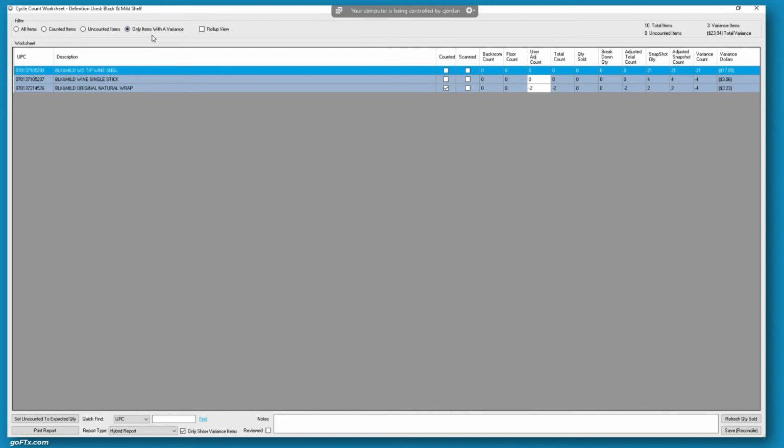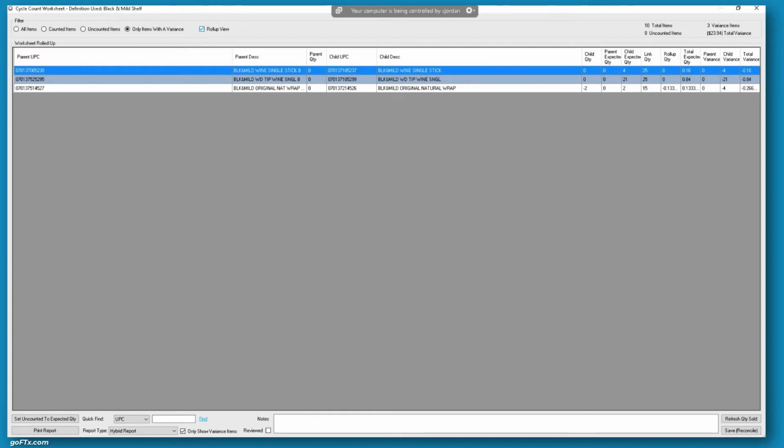And last, we have a checkbox that turns on roll-up view for our worksheet. If we turn on roll-up view, we immediately see a lot of changes. We have 3 columns for the parent UPC, and we have 3 columns for the child UPC rolled up onto the same line. This allows us to see the parent-child relationships immediately,